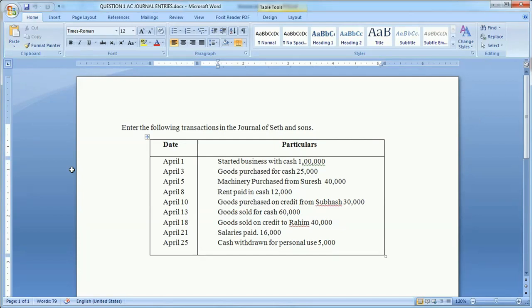Then next, rent paid in cash rupees 12,000. Now here we have paid the rent for the premises in cash rupees 12,000. Two accounts, that is, one is the cash account and second is the rent account. Cash is a real account which states that debit what comes in, credit what goes out, and rent is a nominal account. The rule for nominal accounts is debit all expenses and losses and credit all incomes and gains. So rent is an expense, so it will be debited, and cash is going out of the business, so it will be credited. So the entry will be,